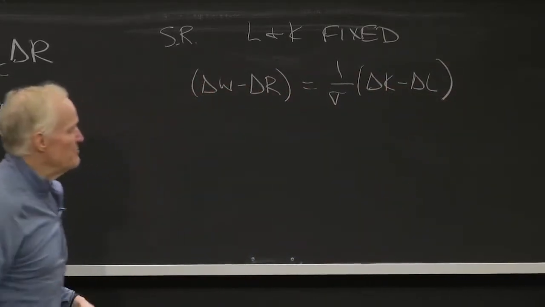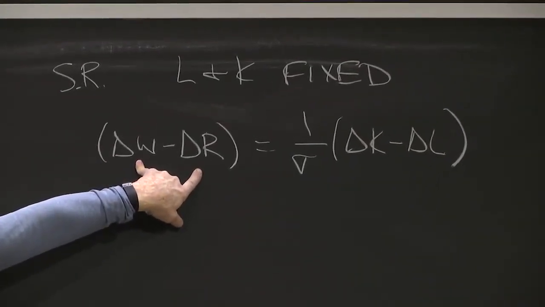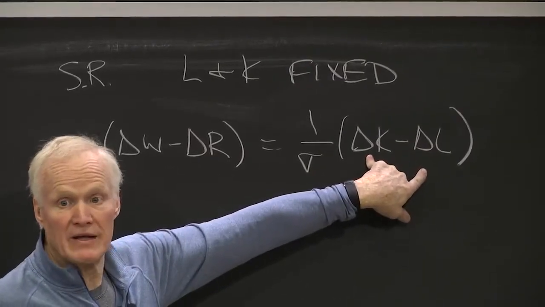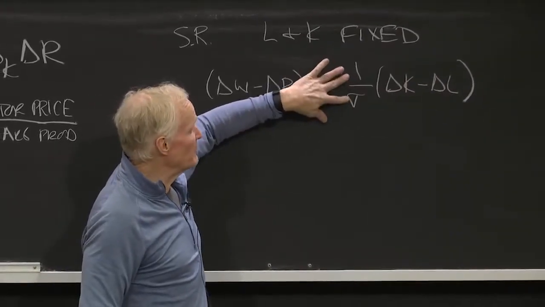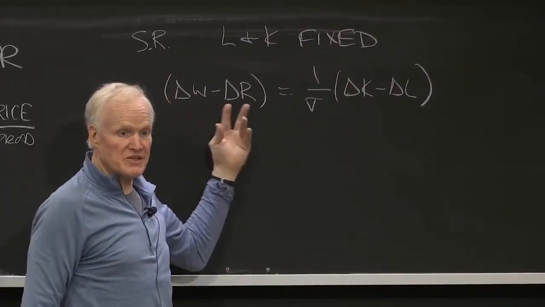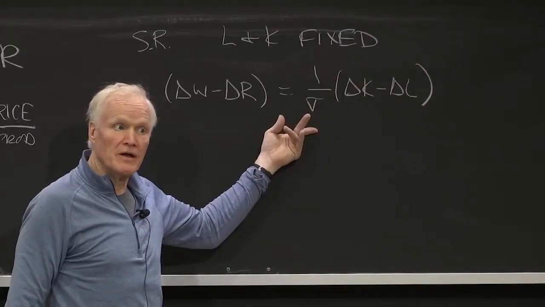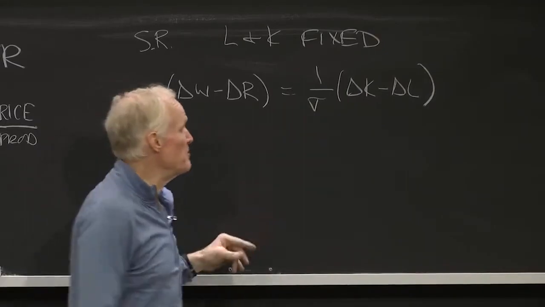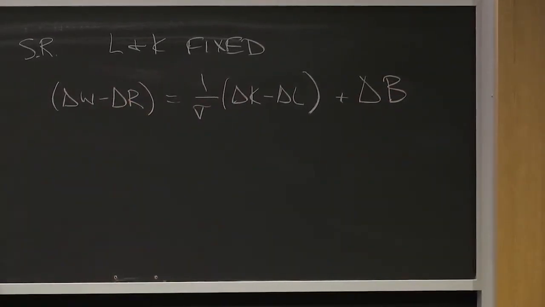Right? So remember, I got that same trick we always do with the elasticity of substitution. I got W relative to R on the left, and I have K relative to L on the right. So this will be a positive effect now, right? Now usually you think about it as the elasticity of substitution, which is how the quantities respond to prices. If I'm looking at prices relative to quantities, that's why I'm getting a 1 over sigma in this relationship. People understand that? That's why there's a 1 over sigma plus delta B, which is our technological bias that we